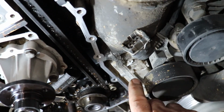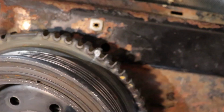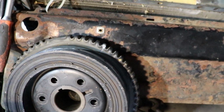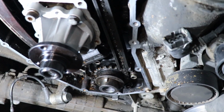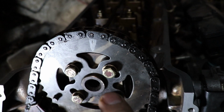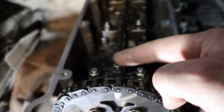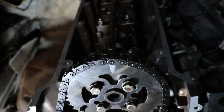And also there is an arrow over here. Let me try to show you that arrow marked in white that should be aligned with this notch over here. This is the pulley, and you can see that there is a mark in white as well. At the moment it is out of its place. In a little while I'm gonna show you how they align as well, but for the time being you can see that this has to be aligned. Afterwards what I did was to install the pulley, this sprocket, I mean, that is for the camshaft, and you can see there is an arrow that also should be aligned with this bolt over here, and it can be adjusted. At the moment the bolts are loose. I'm not gonna